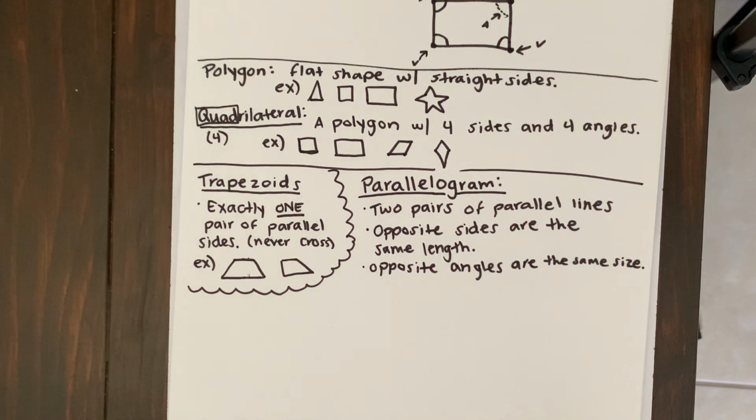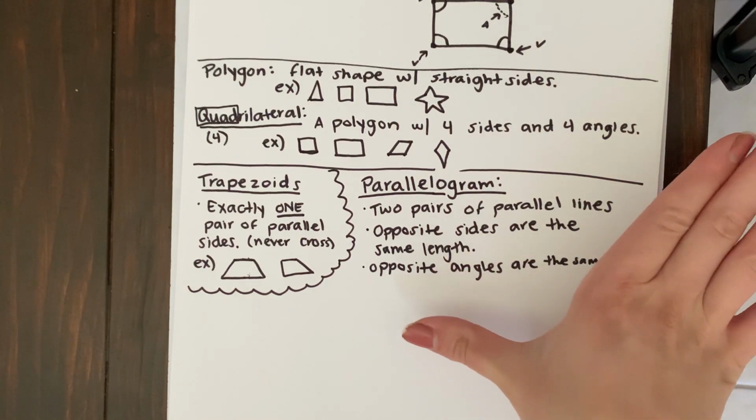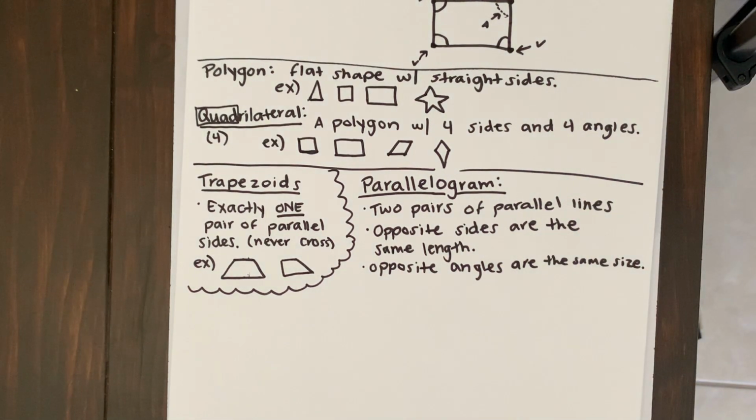So if I were to look at the top and the bottom, those will never, ever, ever cross. If I were to draw out the left and the right sides forever and ever and ever, those sides will never, ever cross. And then the opposite sides are the same length and opposite angles are the same size. So you don't want a really acute angle on one side and a big obtuse angle on the other side, okay? So now that we're looking at parallelograms,